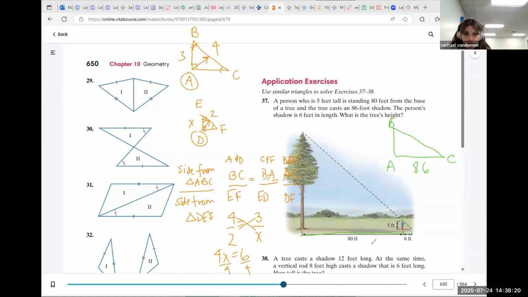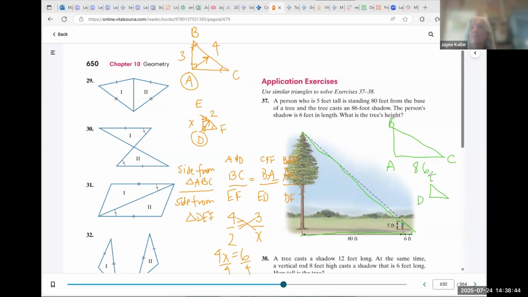What's that dotted line supposed to mean? They're just making a triangle. That's the sun. The sun makes the same angle. We actually don't have this, but we could find it using right triangles. And then the little person, we'll call that one